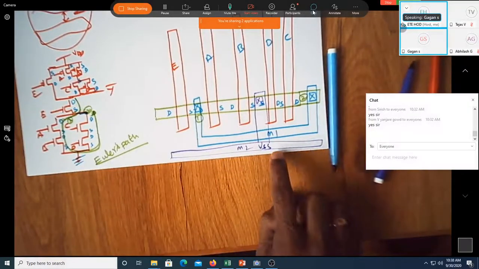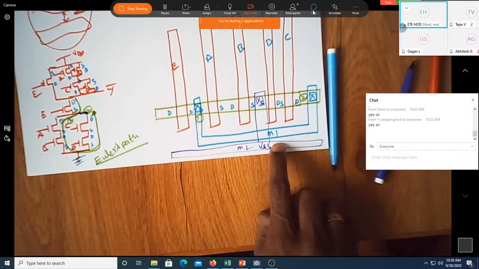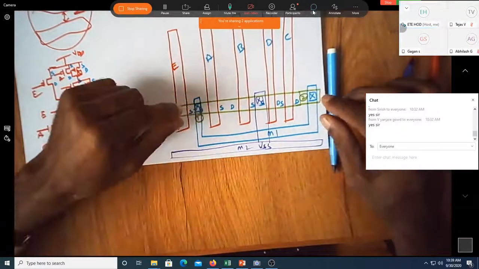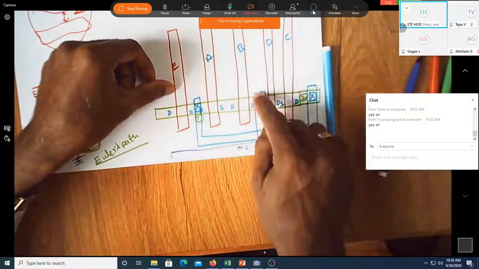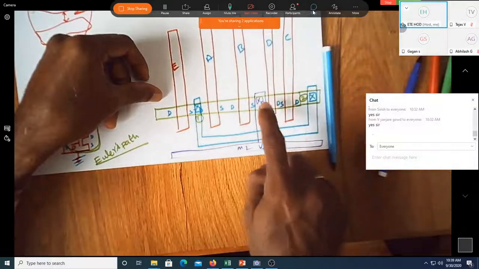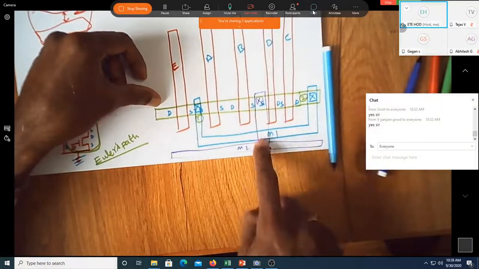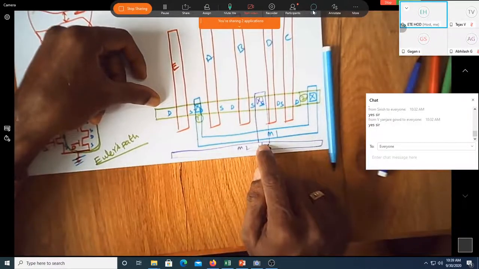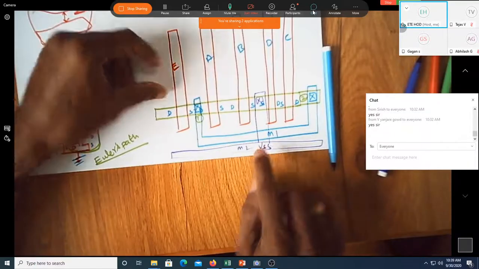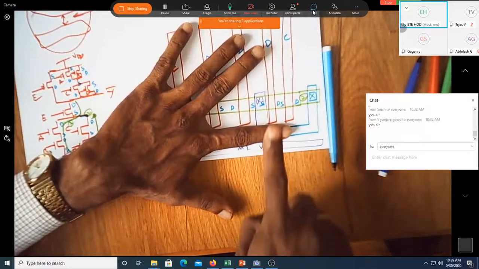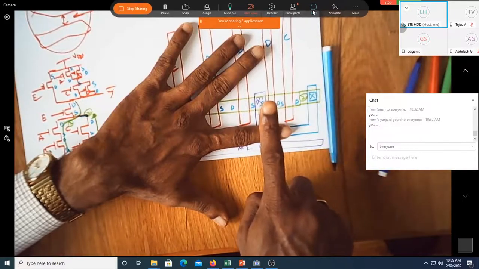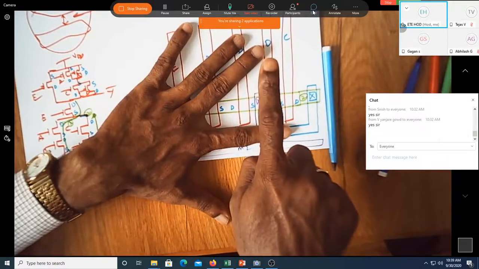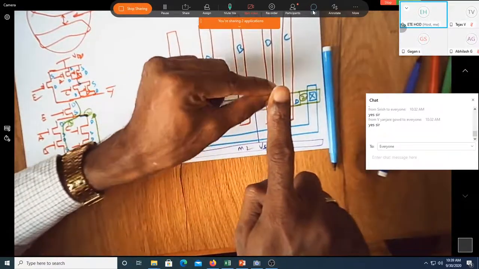Can you see here? Suppose if I use the same metal 1, this would have shorted with this VSS. The other way would have been to put it over here, then I would have used the same metal line. Since I used metal 1, I'm forced to use metal 2 here. I cannot use metal 1 because they're going to short. Now it's in a different layer. This is in the bottom layer, this is in the second layer. So they can cross. M1 is here, M2 is here. So they are one above the other. Suppose if you use both of them M1, M1, then they'll short. You need to go one step above and then cross it. Of course, it's in the top layer. You have to have a via so that you can make the connection.